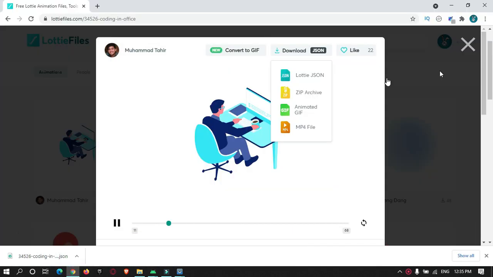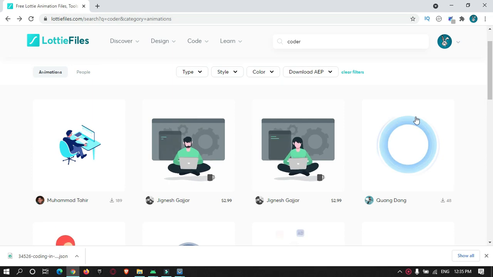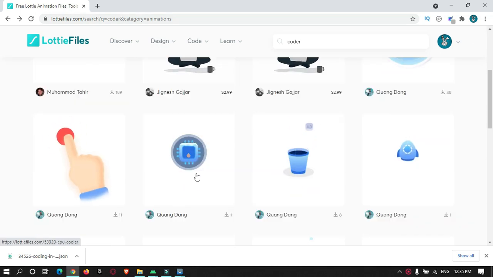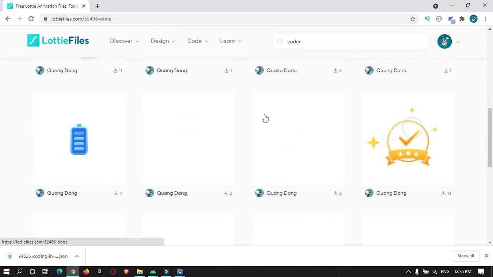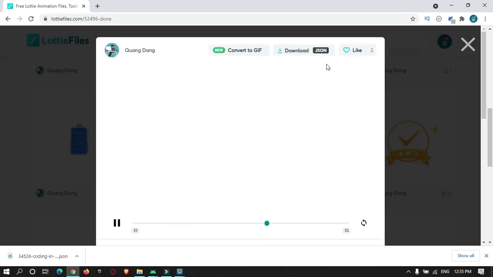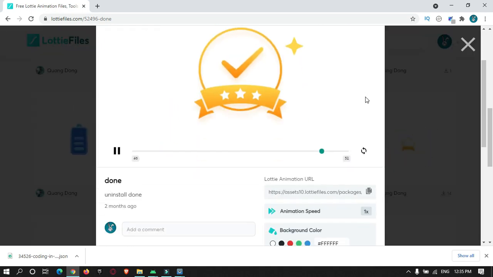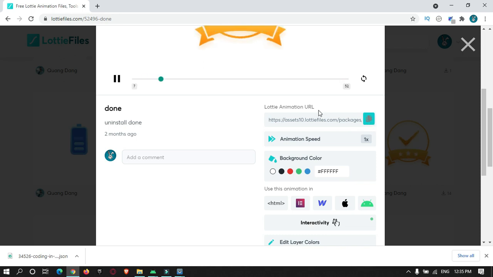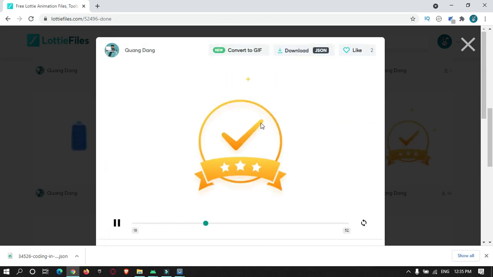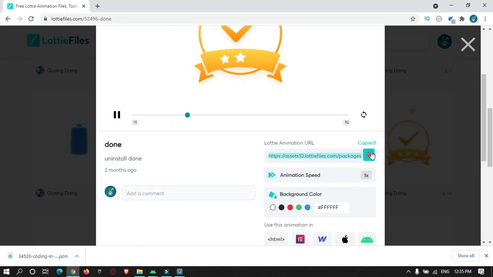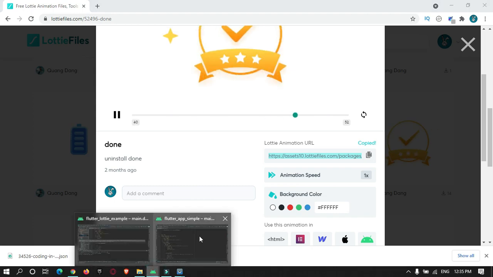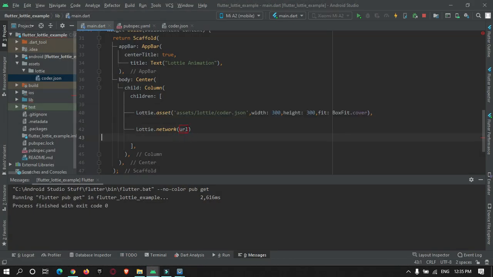For the URL, go to lottiefiles.com and select your desired animation files. As you can see, it provides you a URL for this animation effect. Just copy it, then go to this network, and in place of the URL just pass the URL, and we will give a size to it.